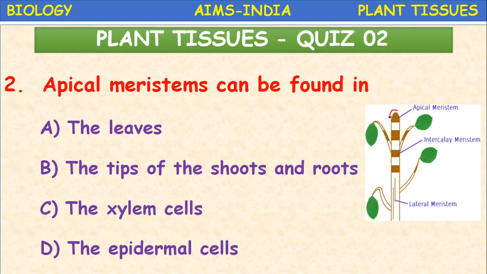Apical meristem. What is this? It is the tip of the stem. So tip of shoot and roots we can find apical meristems. What is the main function of apical meristem? To increase the growth, lengthwise growth,